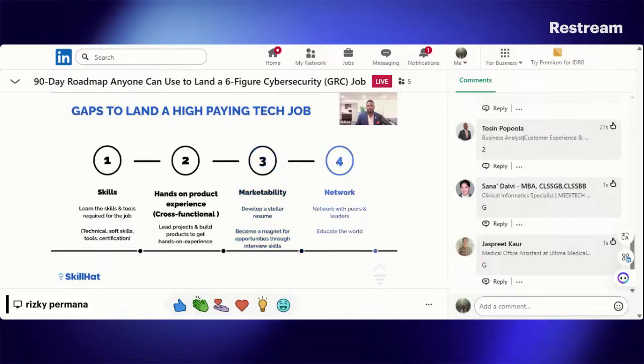And the fourth gap you have to fill, I'm sure you've heard the saying, your network is your net worth. And so you want to build a network of one, people who are in the role you want to get into. If right now you want to become a cybersecurity analyst or a GRC analyst, and you can name 5, 10 people who are in that job right now, you're not networked enough. And so we want to help you build that network so they can tell you, hey, here's what I'm doing on my job. Or if you have an interview, they can say, hey, I know the guy who's hiring.